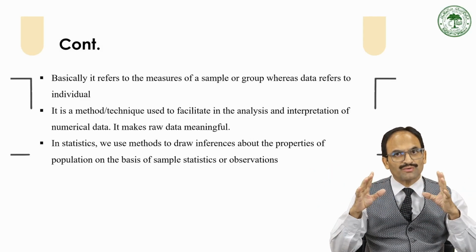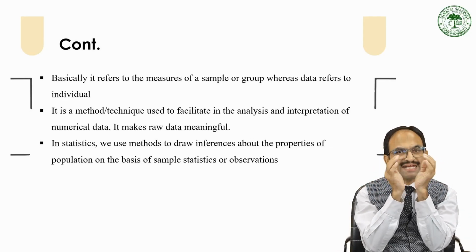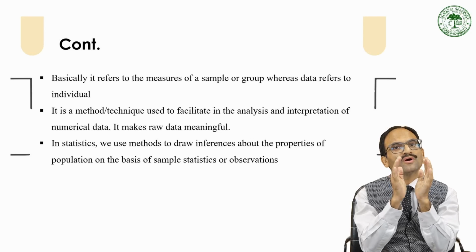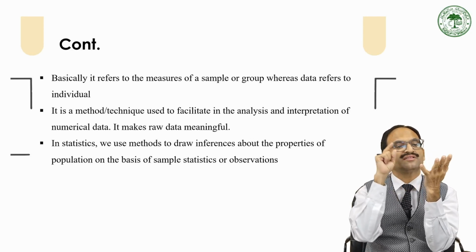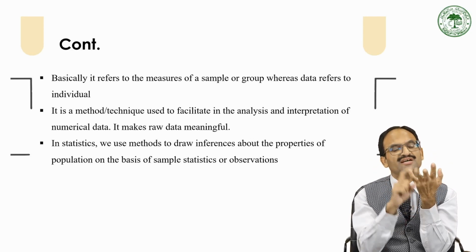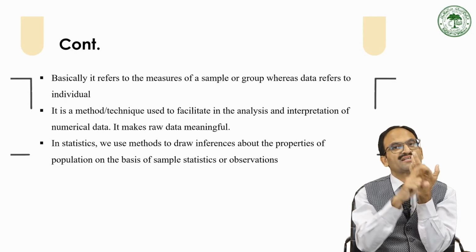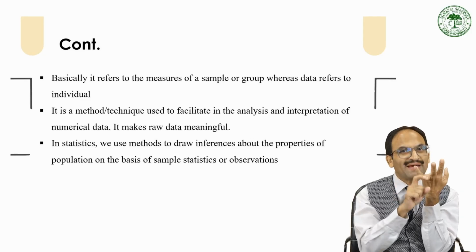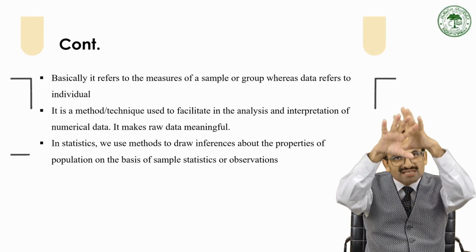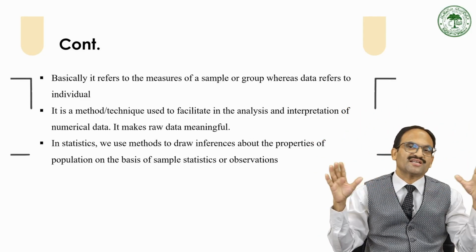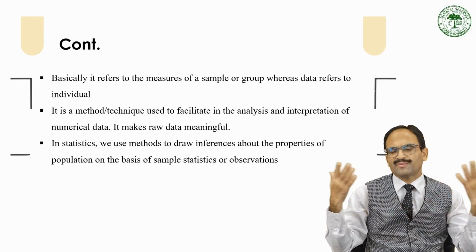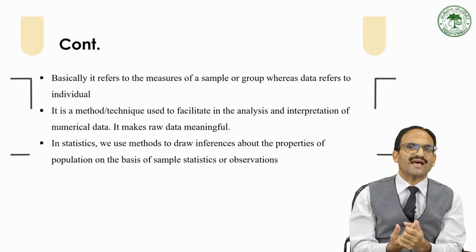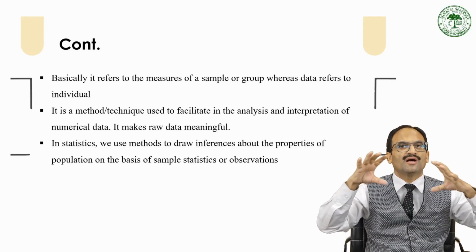So what will I do? I will collect a sample. I will take a sample of 500 teachers and select it in such a way that rural teachers, urban teachers, male teachers, female teachers, more experienced teachers, less experienced teachers, teachers who are married, and teachers who are not married are all represented in my sample. On the basis of the data from that sample, I will get some result, and I can generalize those results to the whole population.